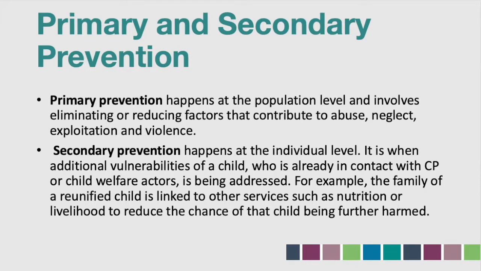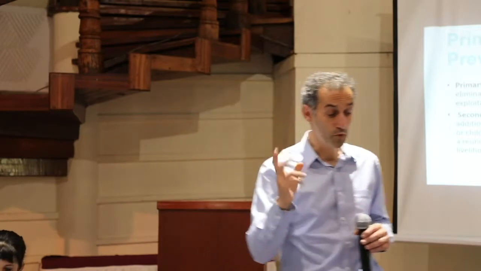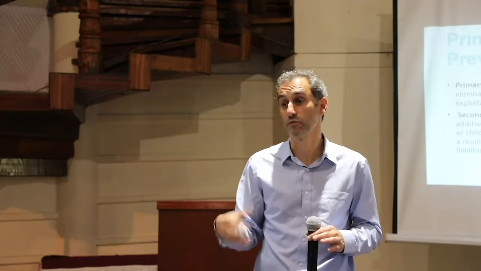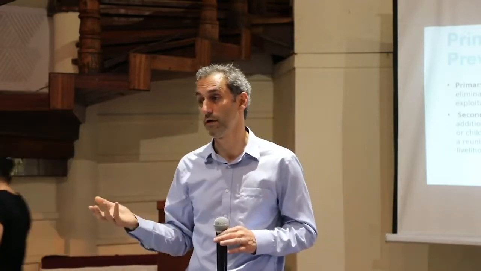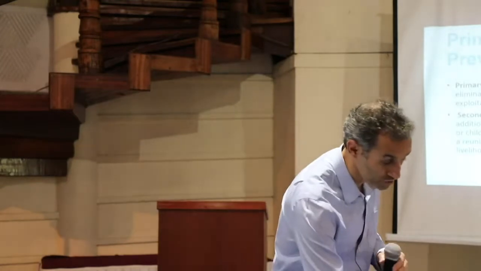But if you're addressing the needs of the child that is already separated, and you're reunifying that child, but you're also going to work with the family that you're reunifying the child with to prevent another separation. That's secondary prevention, right? I think it's an important differentiation because sometimes when you talk about prevention and response as if they're two different things, there's always a response that, but we also do prevention in case management, for example, which is primarily a responsive approach, which is true, but you're doing secondary prevention, which is equally important, but I think conceptually it's important to